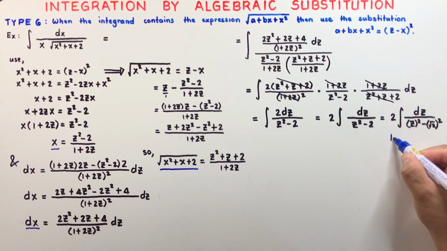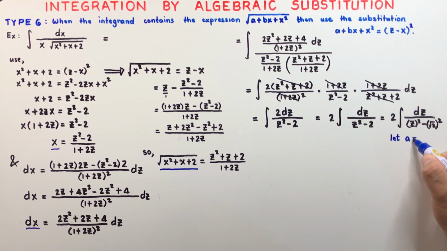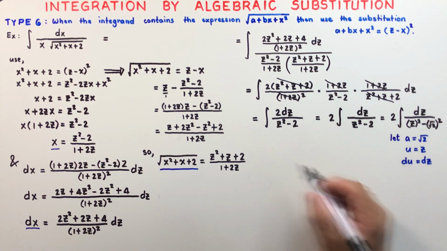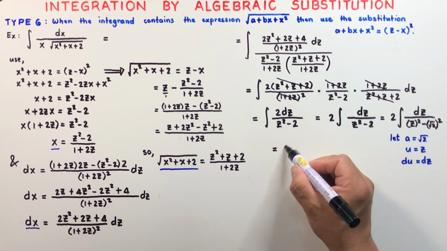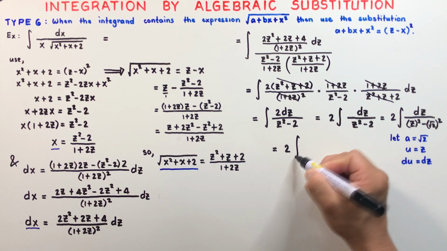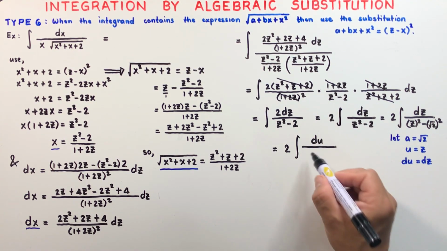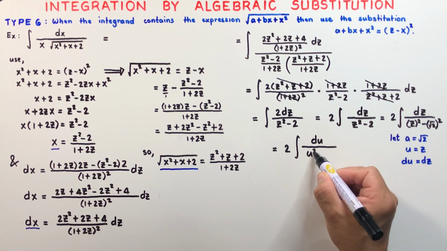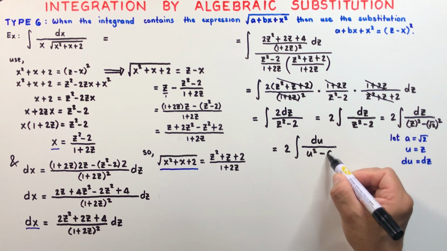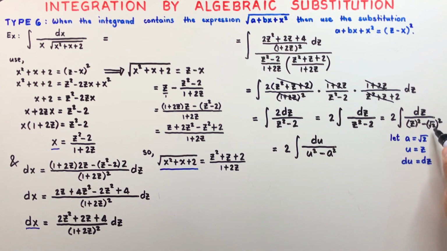And let our a be equal to the square root of 2, and our u is z here. So therefore our du is dz. And substituting our representations here, we have 2 times the integral of dz, which is our du, over the square of z, but our z is u, and also subtracted by a squared